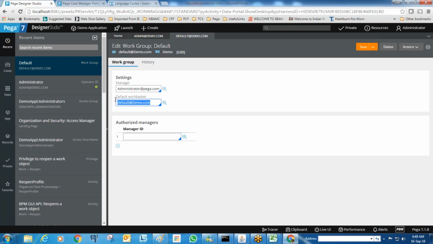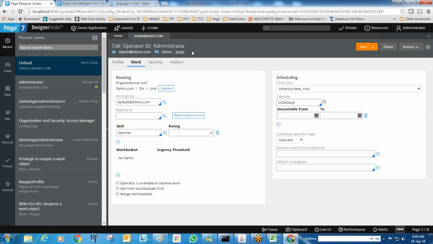And then we have the work basket concept. Again, everything is interlinked here. Work basket is again a rule. Generally, we will be using it in routing. While we're discussing routing, we'll discuss it at that time. For now, leave that one. As an operator, you belong to one team that is called a work group, and every work group will have a manager. That's the thing you need to remember here. And this work group we will use for reporting purposes. As a user, sometimes they will ask you to whom you want to report.